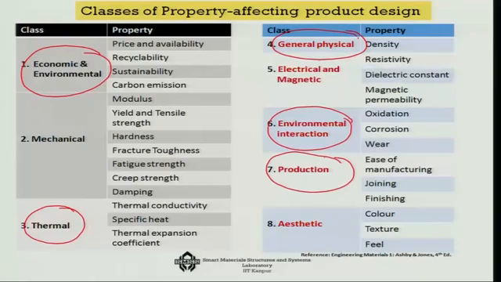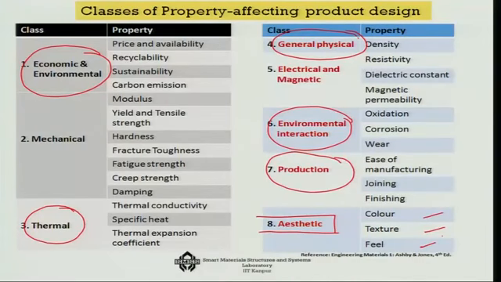Now, last but not the least, I told you about 7 important properties, but there is the 8th one that is of course generally beyond the scope of our dealing, but it is actually the aesthetic properties, which in today's context are to be always kept in mind, because after all, particularly for consumer goods, if you cannot give an attractive look to a system, the product will not sell. So, properties like color, texture, the feel of it etc. become important.